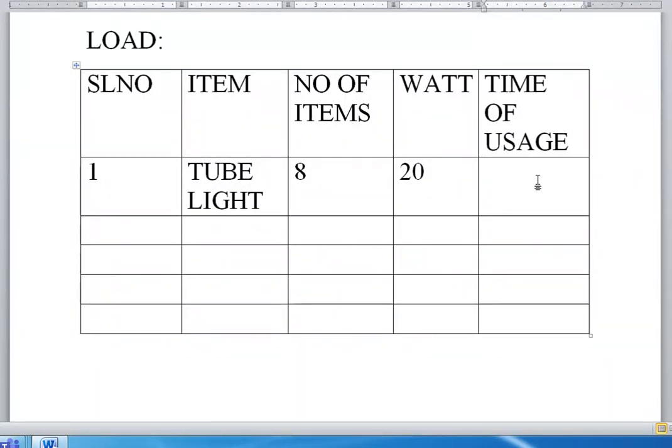And remember, we can reduce the burden by reducing the number of items in use. Means what? We are having 8 tube lights, so we will glow only 4 tube lights. One condition is there: the father of our house has made a condition that only 4 tube lights will be glowing. This is how we are supposed to think, this is how we are supposed to go for energy conservation. Suppose you have 8 tube lights of 20 watts, and you are going for 4 hours of glowing. So what will happen to the usage?